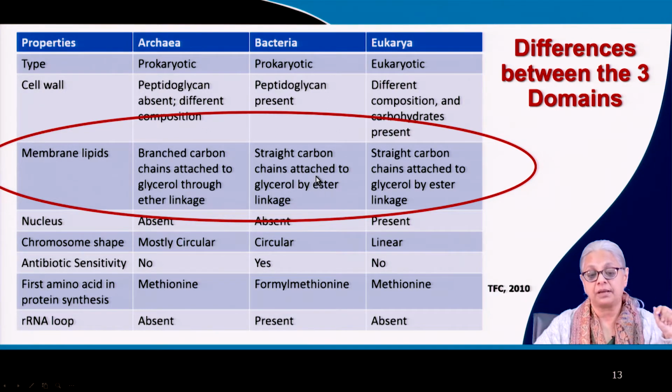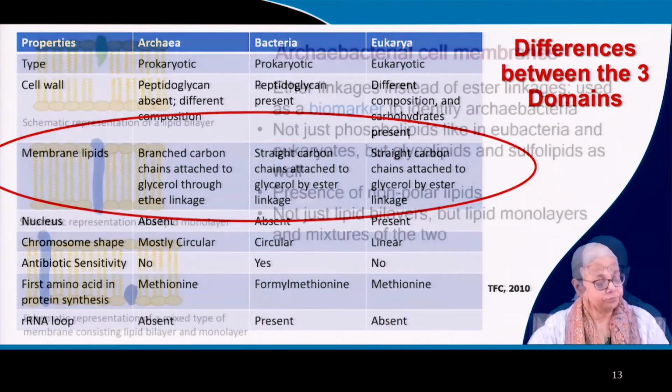And look at the similarity. The more modern bacteria and the eukaryotes have something in common, and that is straight carbon chains attached to the glycerol by ester linkages. So what I showed you in the previous slides is exactly that. Then we come to